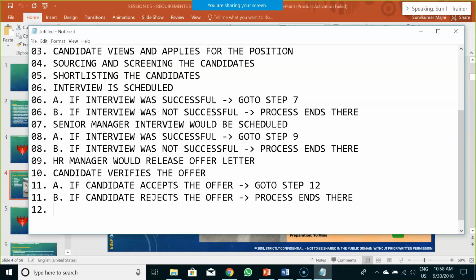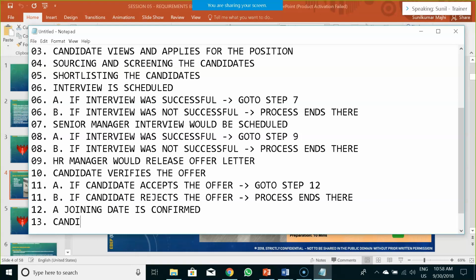Now in 12th step, what happens? A joining date is issued or confirmed. Now the process doesn't end here after the joining date is confirmed.